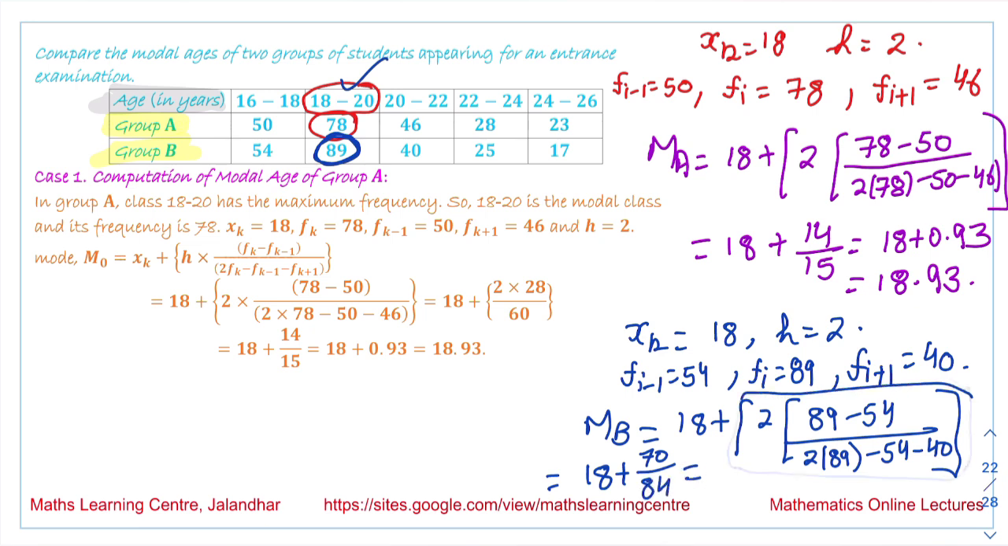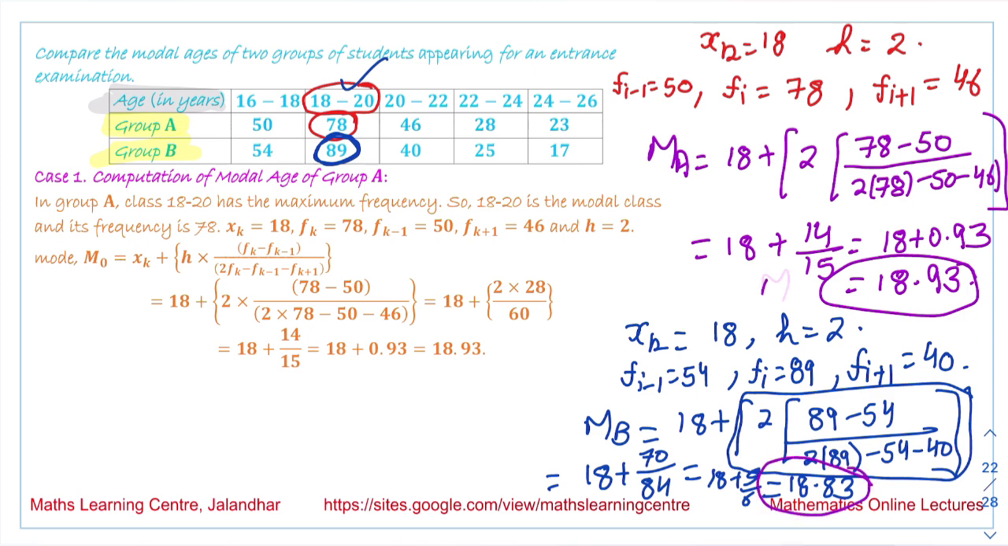When you solve this value, you will get 70 by 84, and this comes out to be 18 plus 5 by 6, and the answer we obtain is 18.83. So we are saying the mode corresponding to this first value is 18.93 for group A. This is MA, and this is the value of MB. This is the mode corresponding to the second group. So what we obtain is that the modal age from group A is greater than the modal age